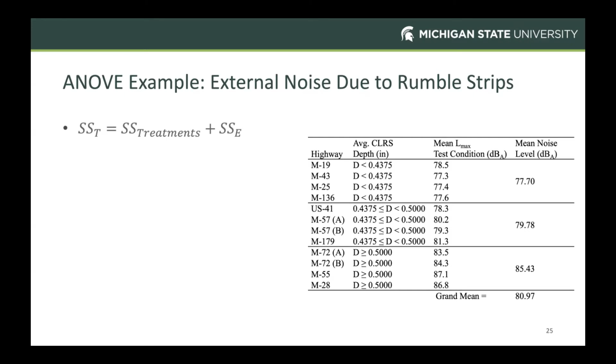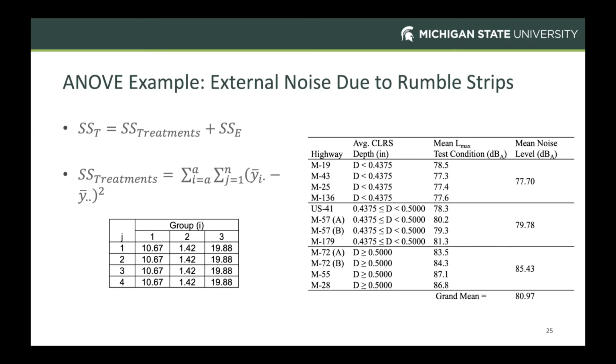Continuing on, if we want to work through the calculations for SS treatment, we're simply taking each of the individual group means, subtracting off the difference from the overall mean and squaring that quantity. As indicated previously, that calculation is going to be the exact same for all four observations within each group. So within group 1, we're taking 77.7 minus 80.97, and that quantity squared gives us 10.67. And that occurs 4 times, likewise within each of the other two groups. And so adding up those 12 values gives us a treatment sum of squares of